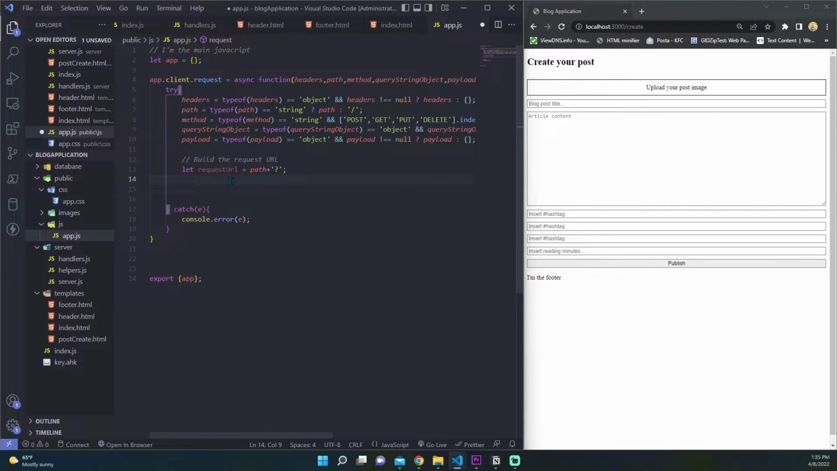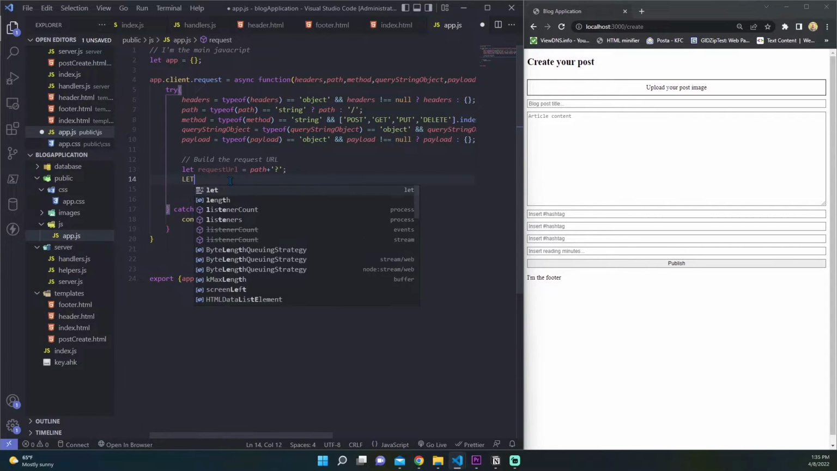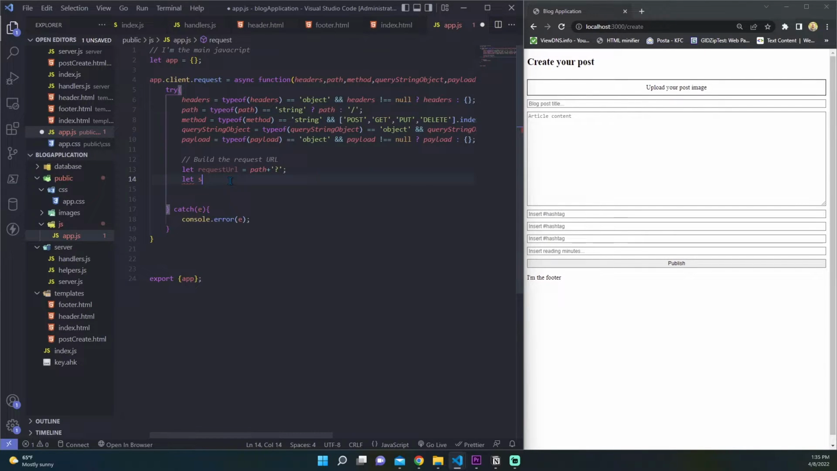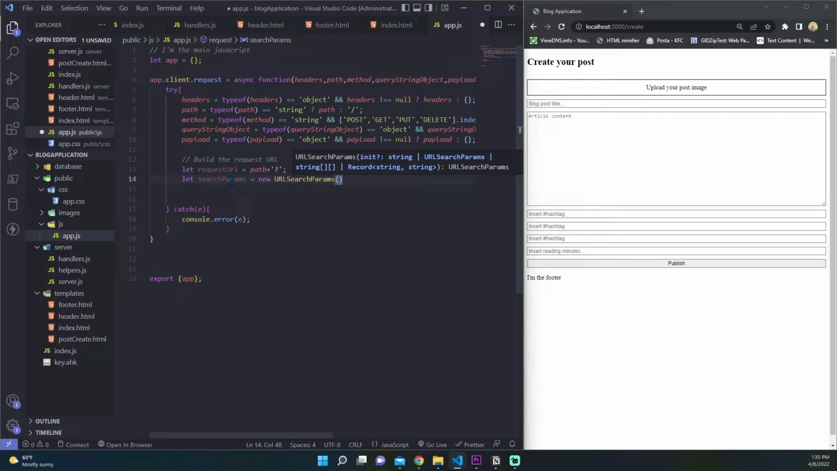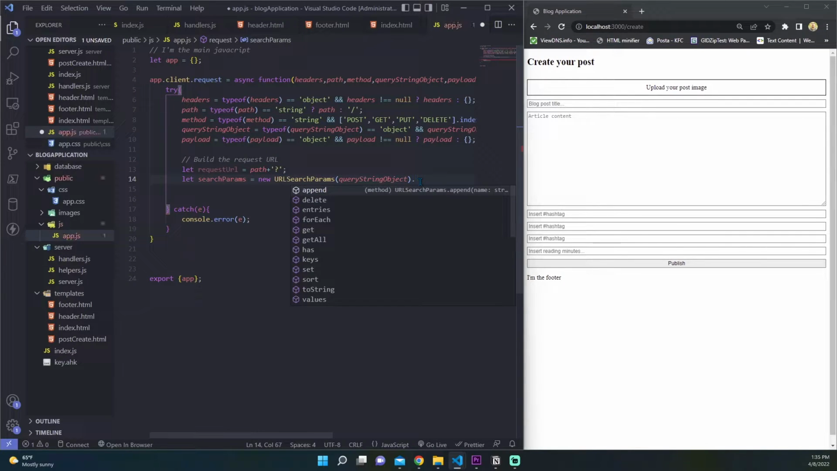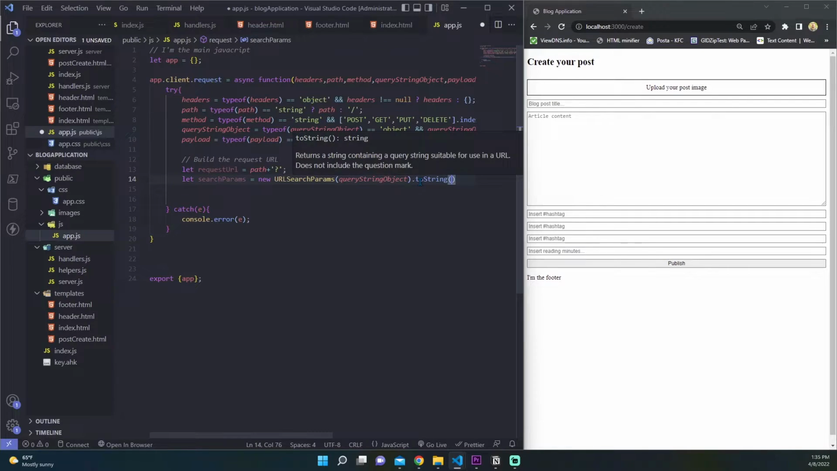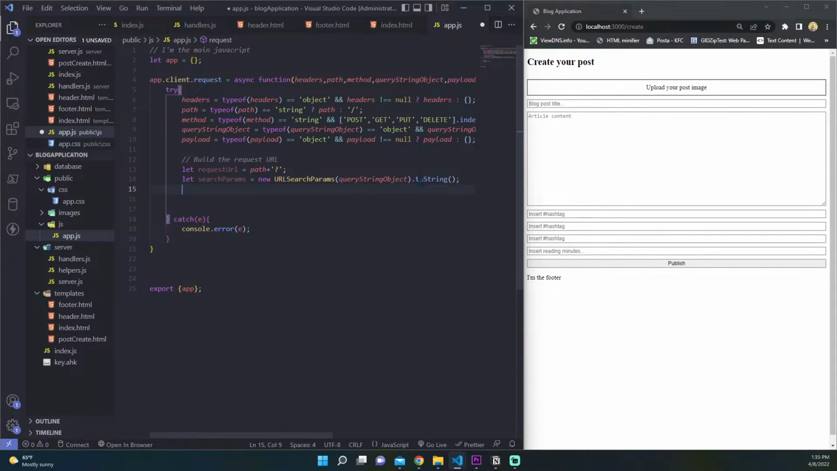After that, we have to create a SearchParams variable. So let searchParams be equal to a new URLSearchParams. We can use now the URLSearchParams API. Here we have to pass our query string object, and we want to transform this object into a string by using the toString method. After that, we only have to append our searchParams variable to our request URL. So request URL plus equal